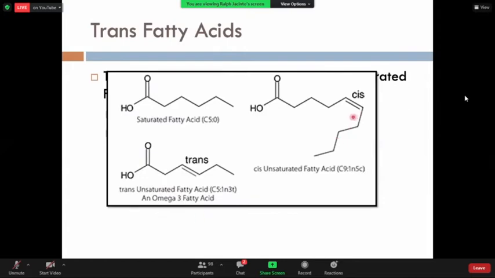So if you can remember, this is the cis configuration. Cis would be same side, same side. So this is the naturally occurring unsaturated fatty acids. However, after commercial processes, it will change its conformation and become a trans. So the trans would be opposite sides. So this side, and then the next bond would be on the opposite side as well. Now, if we look at the trans configuration, it looks somewhat like your saturated fatty acid. Okay, so we do not want this. What we want would be the cis configuration.